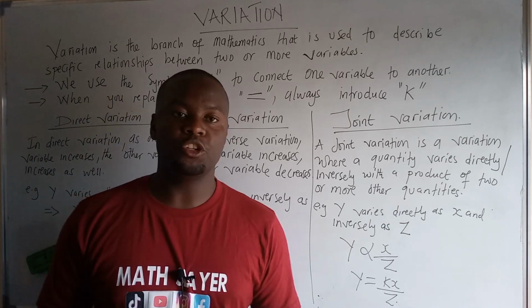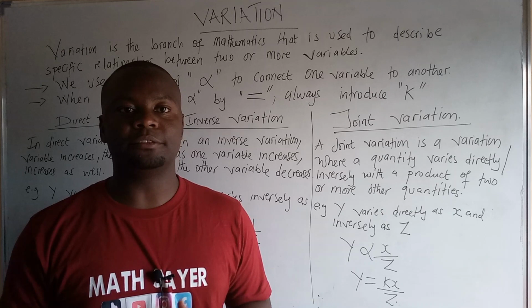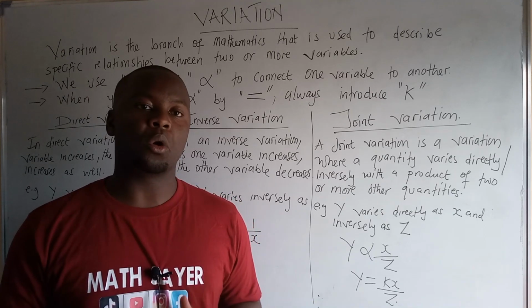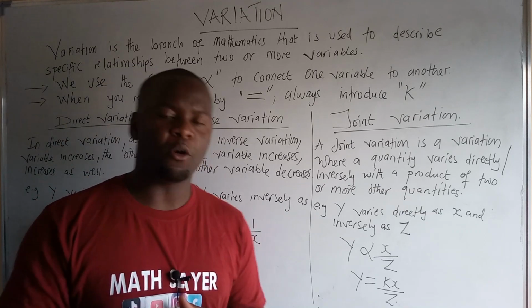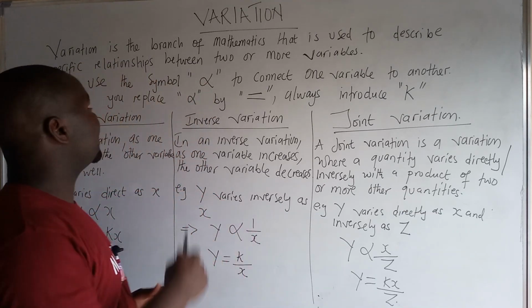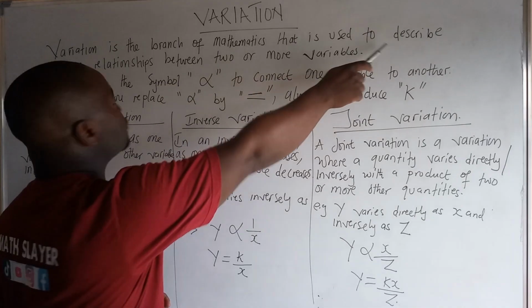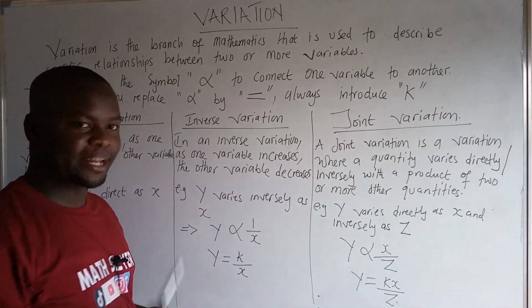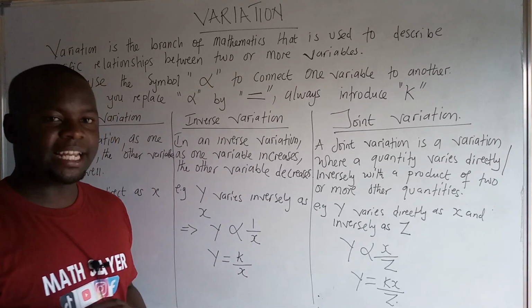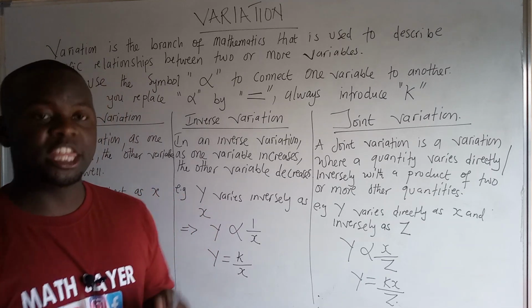So now in this video, I'm going to explain the concept that you need to have for you to appreciate the topic called variation. Let's start by interrogating the definition of variation. So we are saying variation is a branch of mathematics that is used to describe a specific relationship between two or more variables. So this simply means that as far as variation is concerned, we'll be dealing with two or